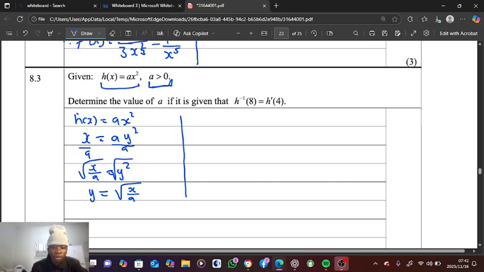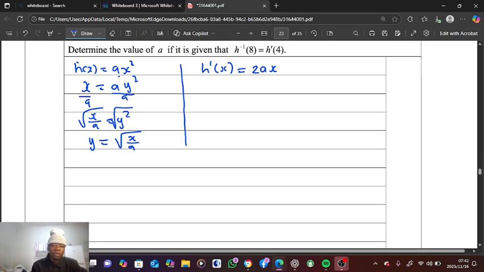Then we have to solve our first derivative. The first derivative is going to be 2 multiplied by a, so it's going to be 2a x. Then we say 2 minus 1, which is 1. Therefore, we are done. We can now solve for a. Remember, they say this is equal to this, meaning that wherever we see x, we can put 8, and wherever we see x on this side, we can put 4. Therefore, we can say root of